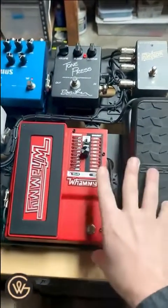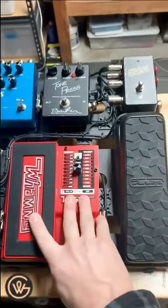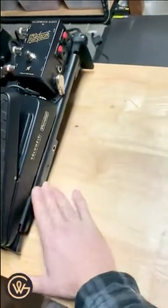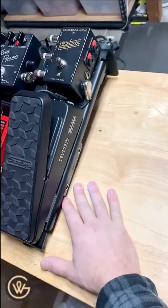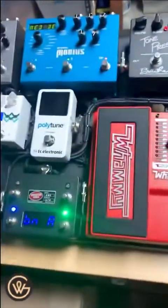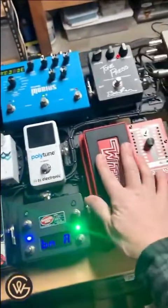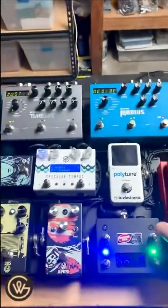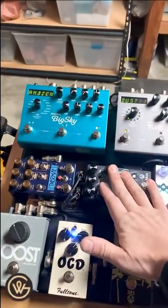He had some other things going on here, but he wanted to get it on the board for this tour. So we put it on the board, and now he can use that for any other auxiliary pedals or things he wants to try out or hook up, maybe a Memory Man or something. So then from the audition to the whammy, from the whammy to the Julia,